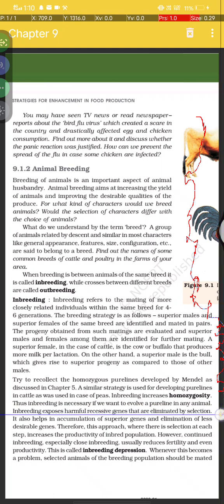Inbreeding exposes harmful recessive genes that are eliminated by selection, and also helps in the accumulation of superior genes and elimination of undesirable genes. Therefore, selection at each step increases the productivity of the inbred population. However, continued inbreeding, especially close inbreeding, usually reduces fertility and even productivity, and this is called inbreeding depression. Whenever this becomes a problem, selected animals of the breeding population should be mated